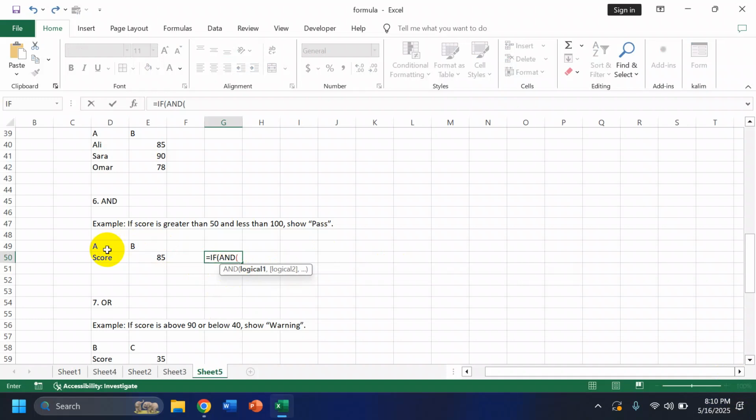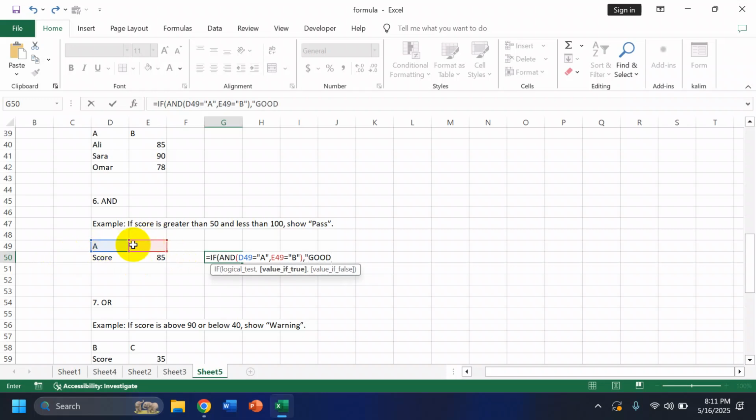Then here I'm gonna give A. So you're technically saying if A equals to open quotation mark A, if it's A, then comma, and this one B, I'm gonna put equal to B, and then you close parentheses, you put comma again, and then if